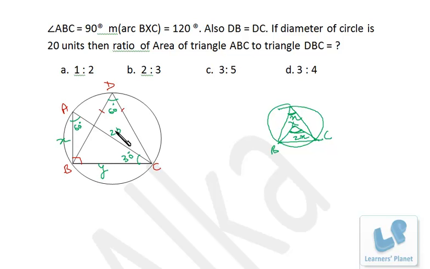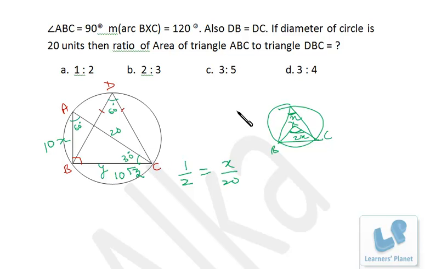Now X and 20, the relationship is given by sine theta. Here theta is 30 degrees, opposite to the hypotenuse. So sine 30 degrees is half, equal to X by 20. That means X is equal to 10. So this length is 10, this length is 20. So this length will be root of 400 minus 100, that is root 300, or we can say 10 root 3. Now 10 root 3 is the side of this triangle and that is the base of triangle ABC.